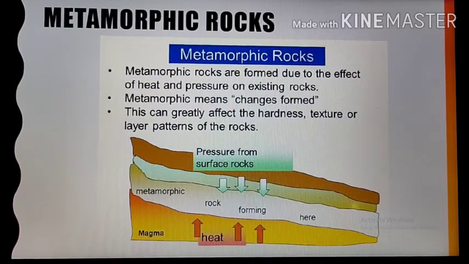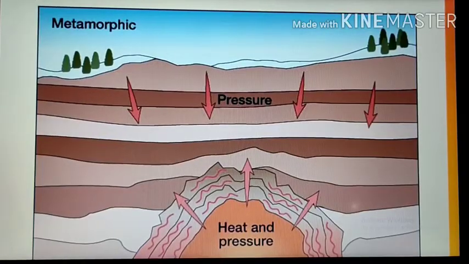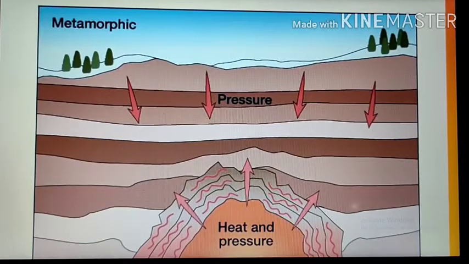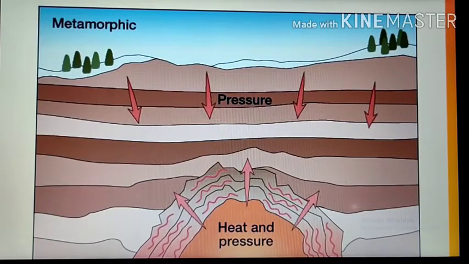Two very important building materials, marble and slate, are metamorphic rocks. The slate is used to make blackboards, chalk used for writing on blackboard, and graphite used for making pencils are metamorphic rocks. Now over here in this figure you can see the formation of metamorphic rocks, how the pressure and heat are being put to form the metamorphic rocks.